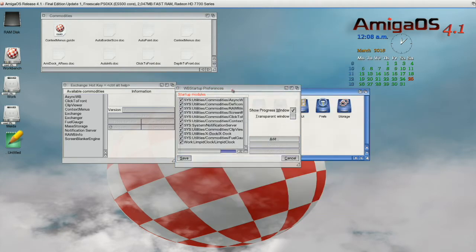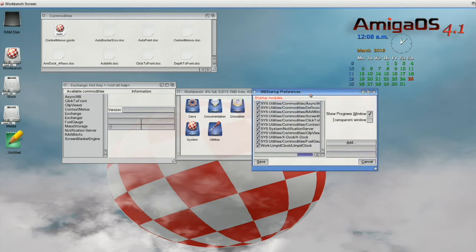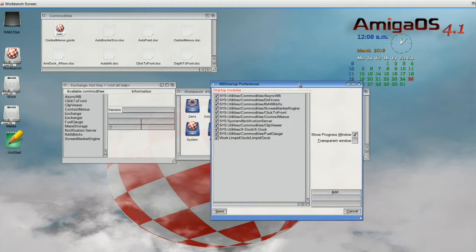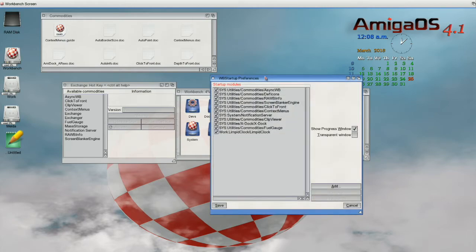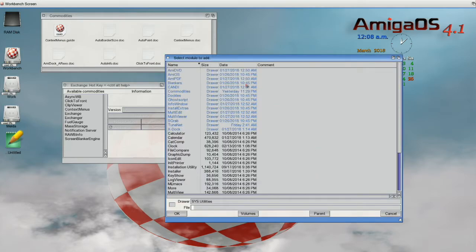So if you like the commodity, if you try it out after watching this video and think, geez, that's pretty handy, that's pretty cool, and if it's something that you decide that you want to keep, I mean, you're never going to see it because it's invisible. It's running in the background. So if you don't ever use it, you're not going to know it's there. But if you say, hey, that's pretty handy, I like that, you just go ahead and click Add,